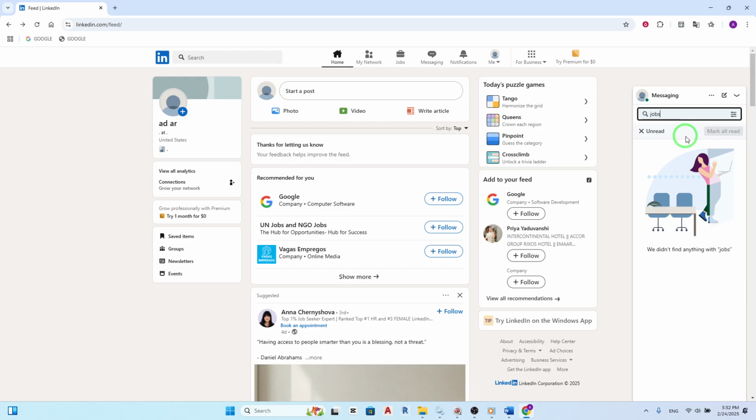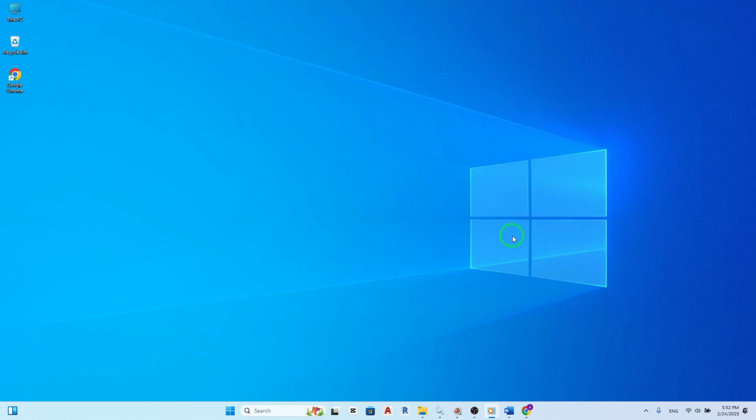This new update makes managing your LinkedIn messages much easier and ensures you never miss important communications again. By following these simple steps, opening LinkedIn, accessing the messaging bar, applying the unread filter, and searching for specific terms, you can keep your inbox organized and efficient. So there you have it, a quick and effective way to find unread messages on LinkedIn using your